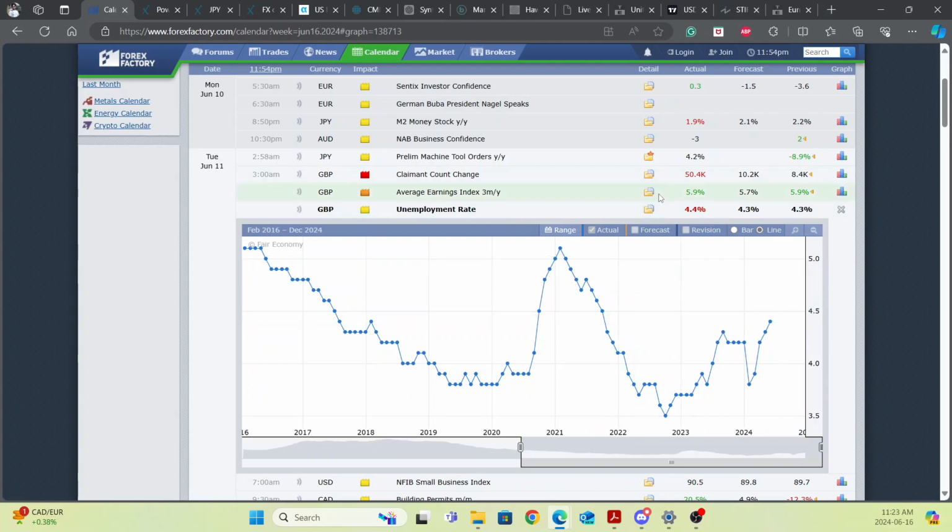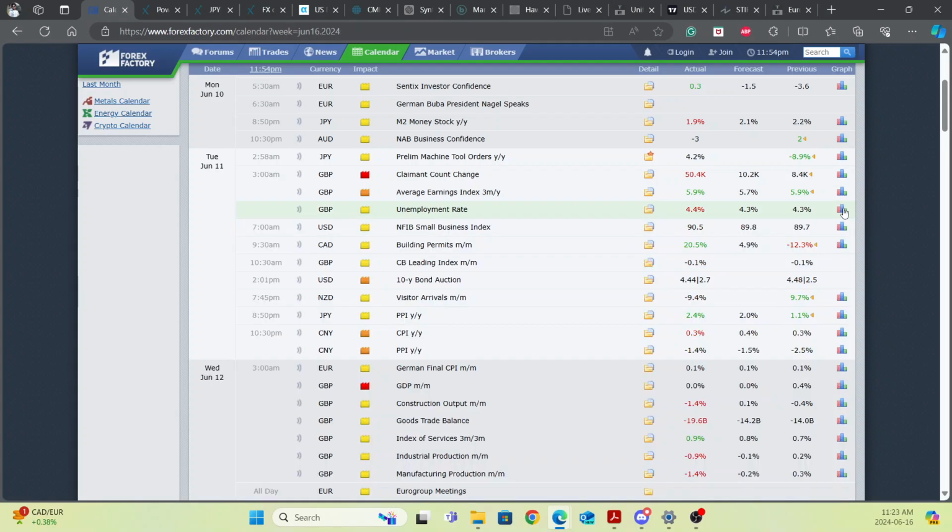Average earnings 5.9%, and claimant count 50.4%. So this was the labor data that came out from Britain, but as I said,